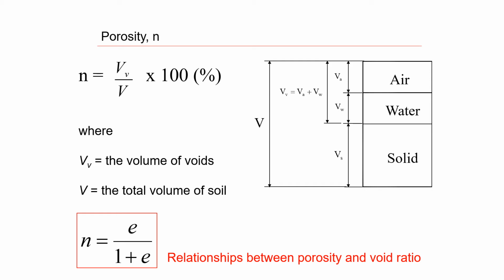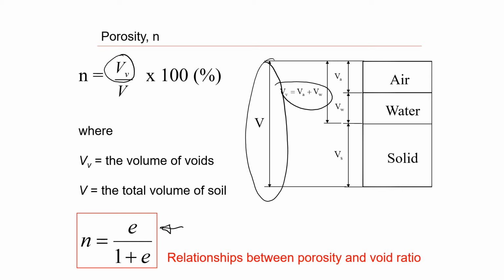Porosity, it's not very common for soil, but we use porosity sometimes, and porosity is very common for rocks because rocks don't have much void space. So for you to know that porosity is the ratio between volume of voids to the total volume of the sample. So this is going to be volume of voids divided by the total volume of the sample. And void ratio and porosity are related through this equation. It would be nice if you can remember this one.